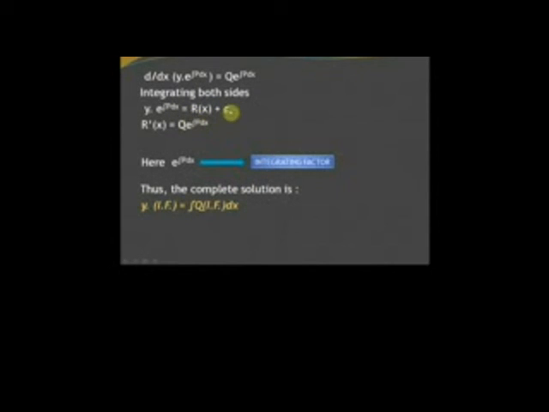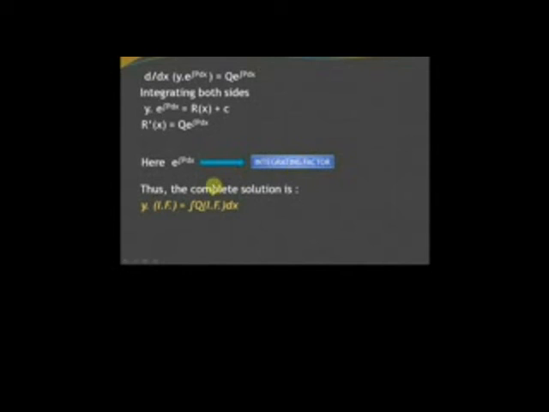So r of x is nothing but the integral of q into e to the power of integral p dx, or r dash x equals q into e to the power of integral p dx. Now what is this e to the power of integral p dx? This is called the integrating factor. Your p is the coefficient of y, that is, it is a function of x but is a coefficient of y. So e to the power of integral p dx is known as the integrating factor,